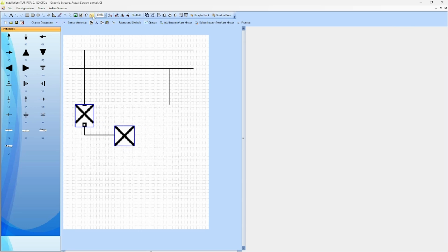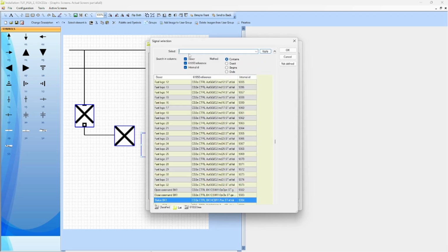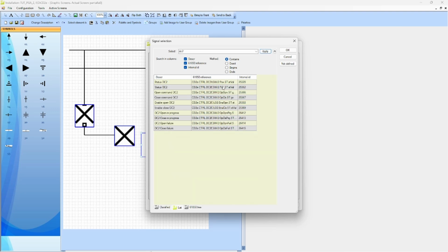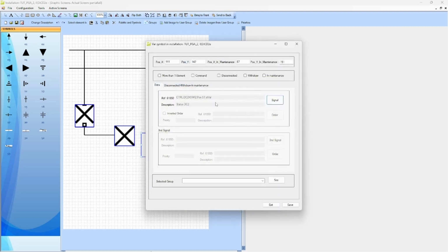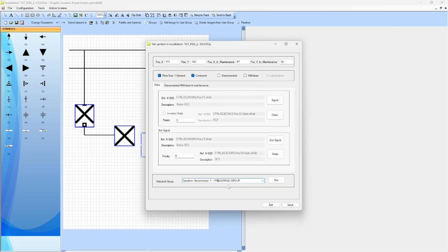As opposed to busbar A's disconnector, that of the busbar B will also be a grounding disconnector. Therefore, its symbol will be drawn following the value of 2 double position signals, one for the busbar disconnector part and another for the grounding disconnector. In order to enable the double signals, the more than one element checkbox needs to be selected. The last configuration for this disconnector will be the selected group, the symbol, which needs to be suitable for the more than one element option.